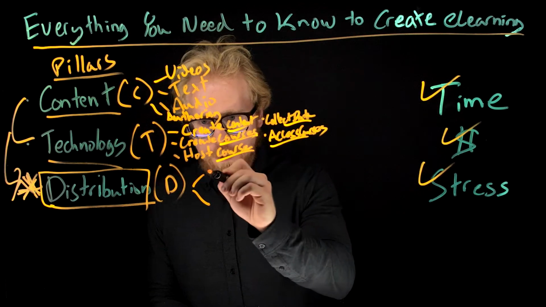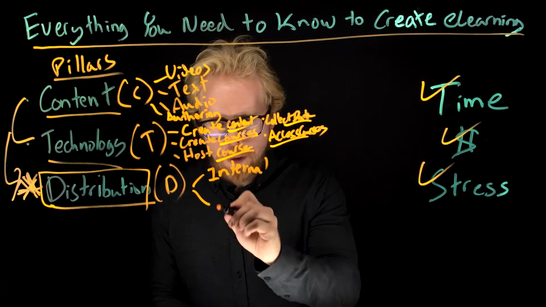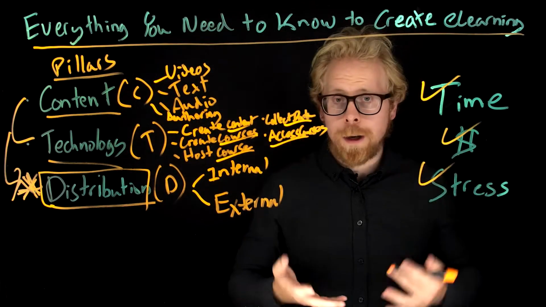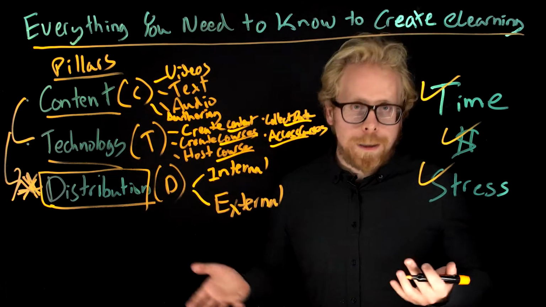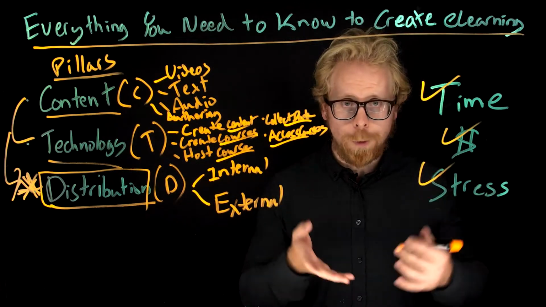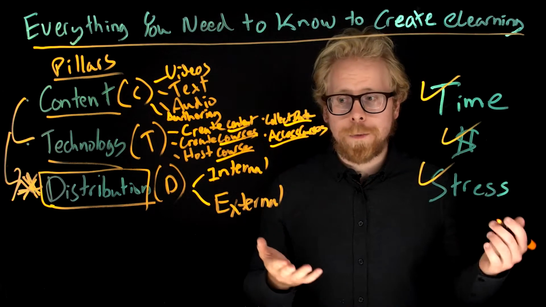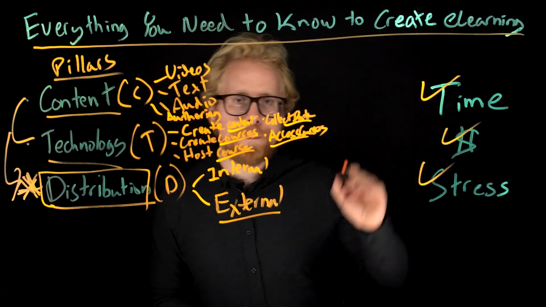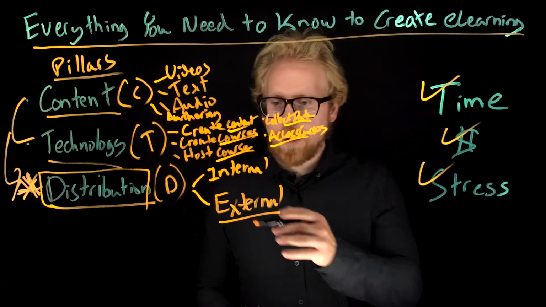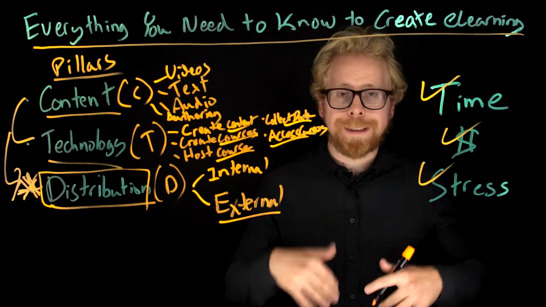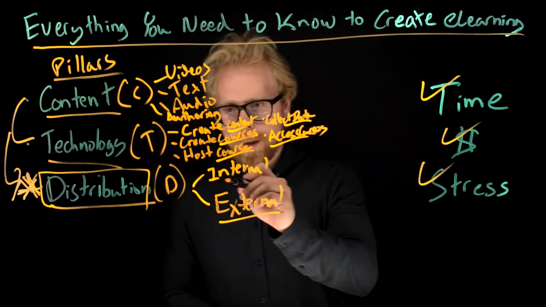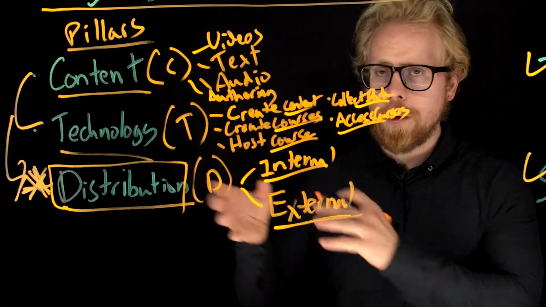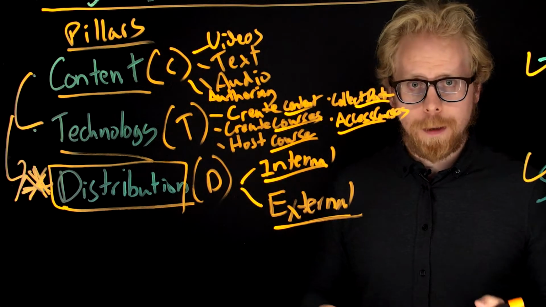And you really have internal and external distribution. Internal means distributing your course to your employees or your contractors. That would be building a training program so you can scale out your training for your organization. Or if you're an individual, build out a training program so you can start hiring people to work for you. External would be actually making money off of your program. So when we're talking about external, that's like building a course and selling it. Very important to know if you're building an internal or external e-learning course. CTD, content, technology, distribution. That is what makes up e-learning.